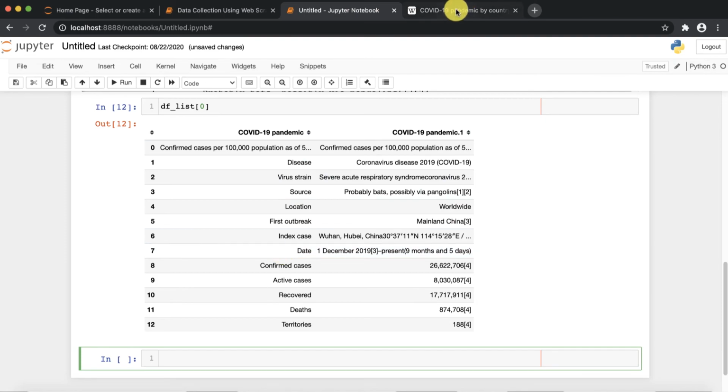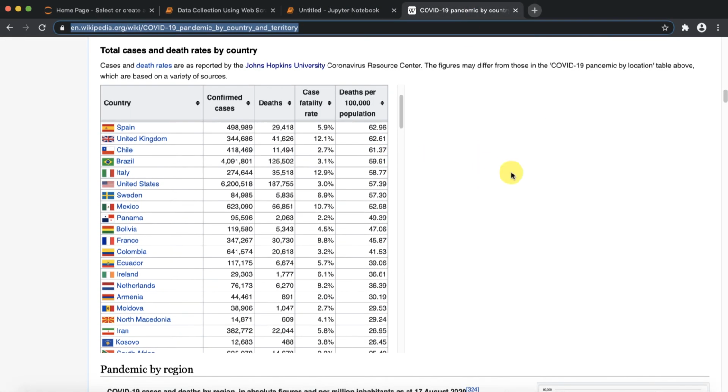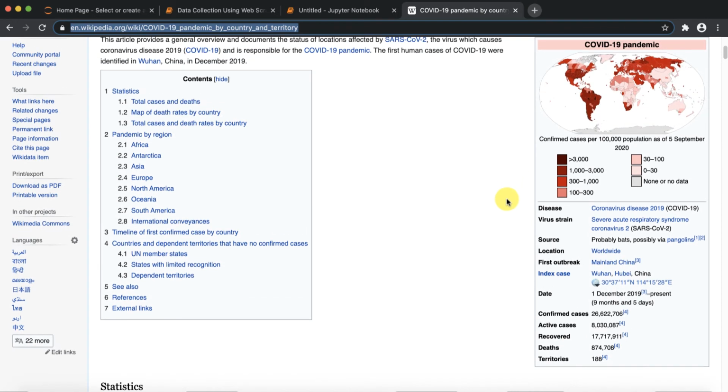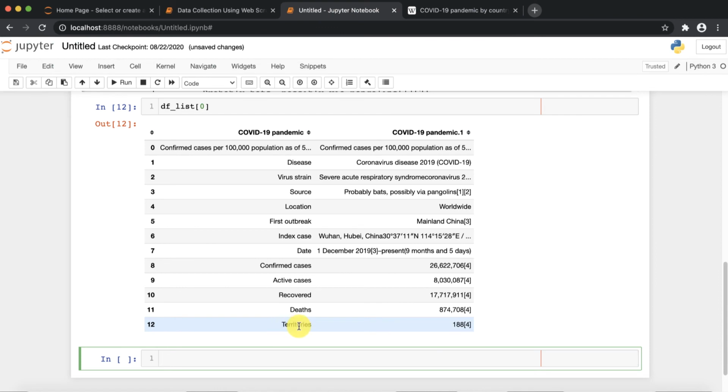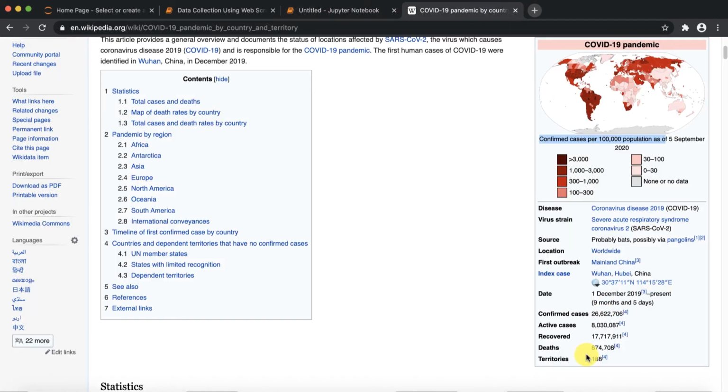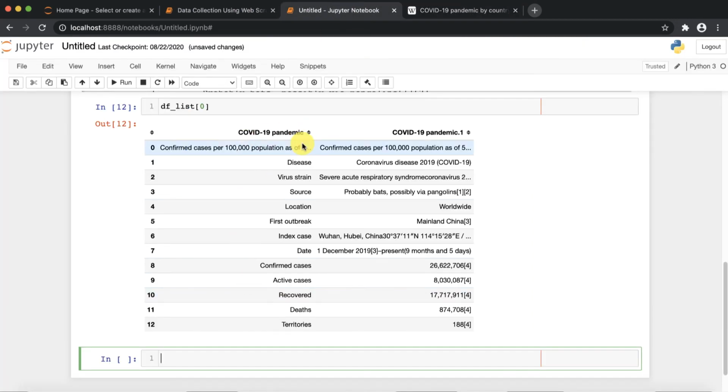If you go to the Wikipedia site, here is that information: COVID cases per thousand, and disease, virus, strain, source, location up to territories. Side by side it also provides the particular columns, so this is the table format with two columns of data.